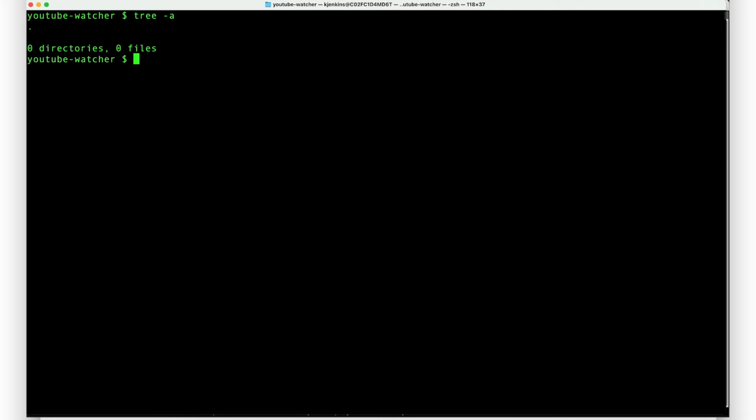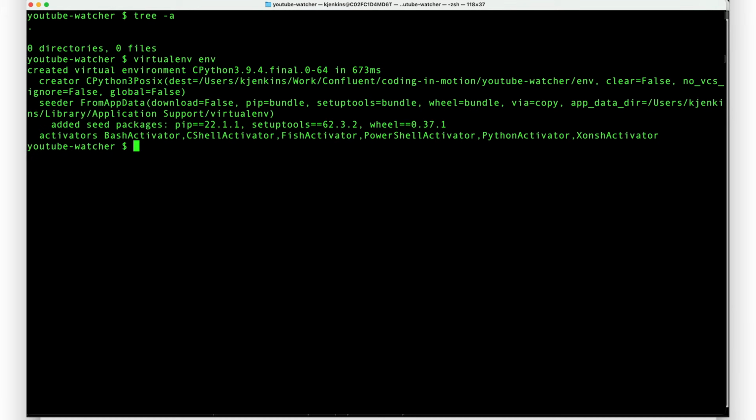So we start with a completely empty directory, and I'm going to create a virtual environment because this is Python. It's nice to have a localized place where we keep all this project's packages so it doesn't pollute any other projects. And I'm going to activate that virtual environment by saying source env/bin/activate, and then I will edit a file called